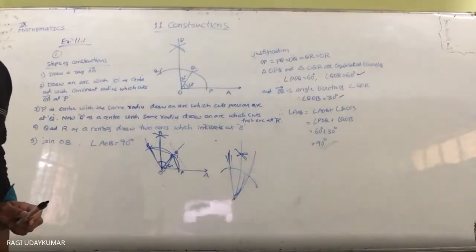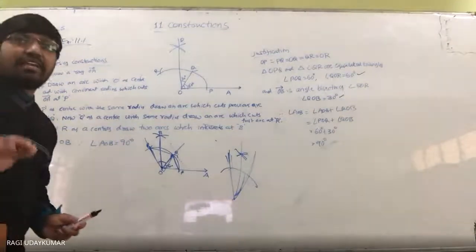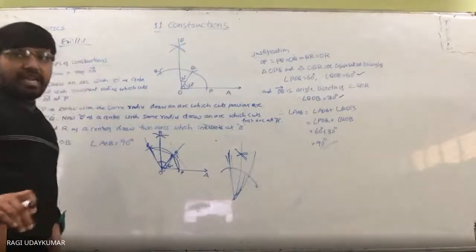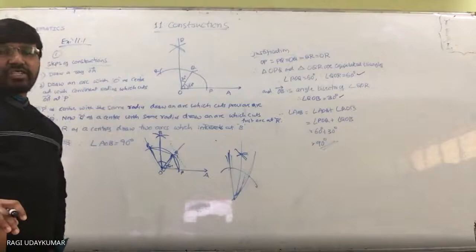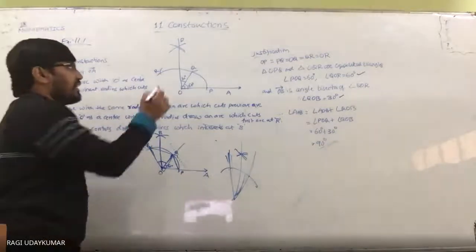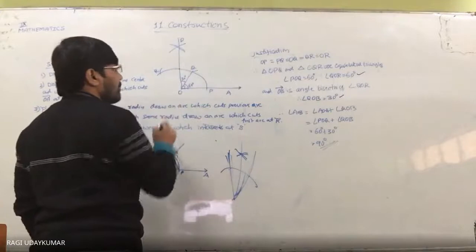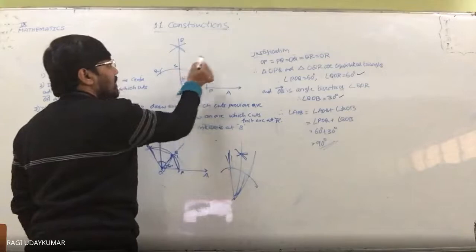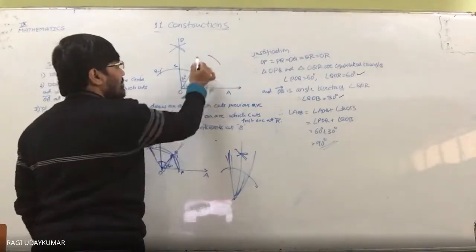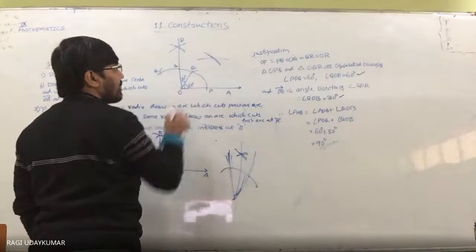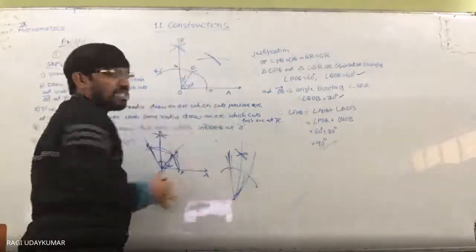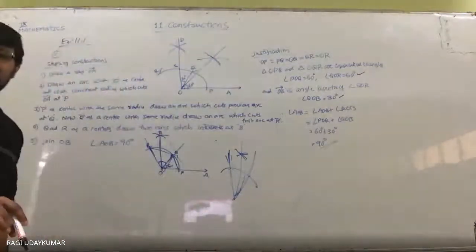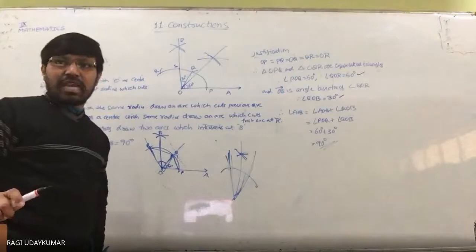Whatever the questions are given to you, second question is given to you: construct an angle of 45 degrees at an initial point and justify your construction. 45 degrees construct करना है. So like this, 90 degrees construct करो. After constructing the 90 degrees, this point will be there ना? ये point को X मान, because this is 90 degrees. This one as a center, one arc here. इस angle को bisect करना है. Bisecting is nothing but here you are going to get. So that is 45 degrees. Second question. Can you do it?